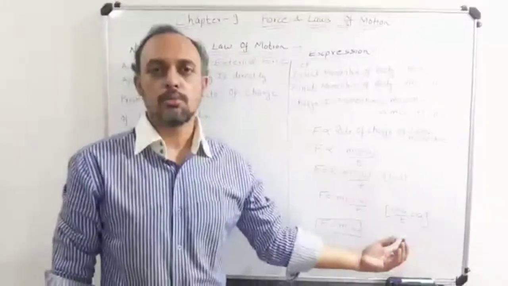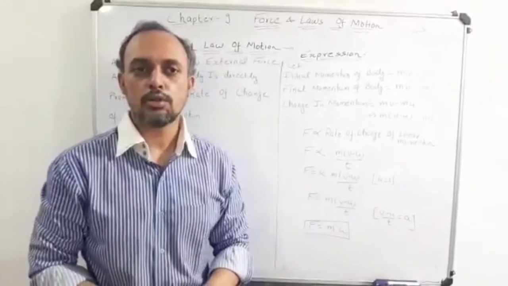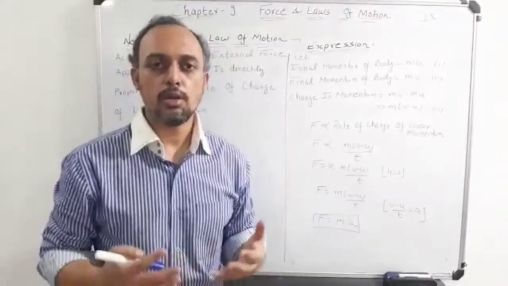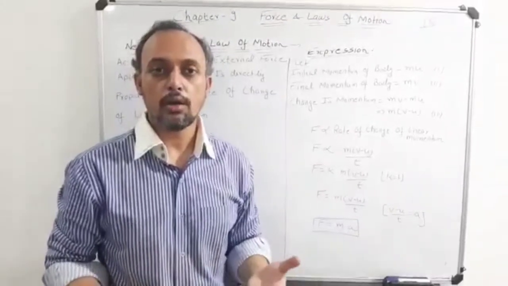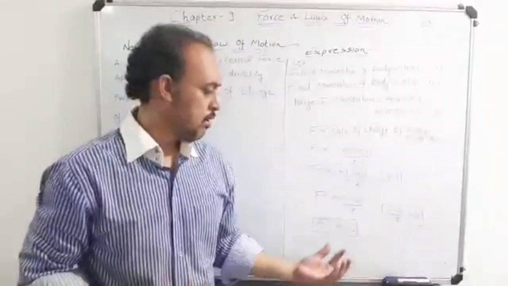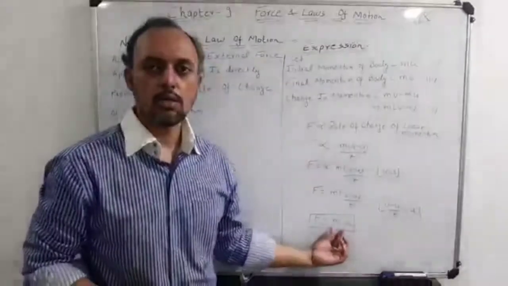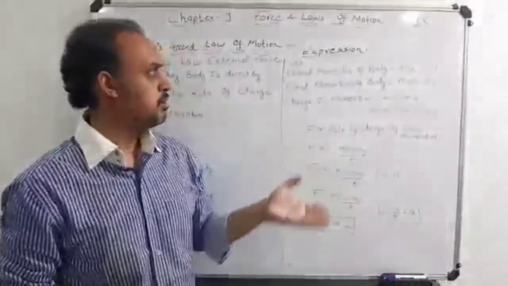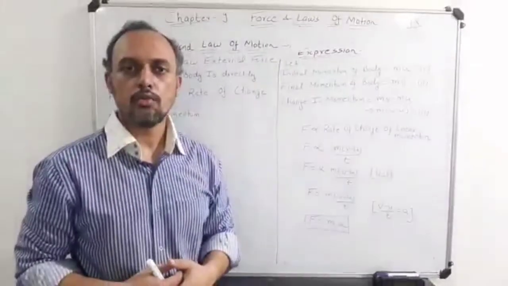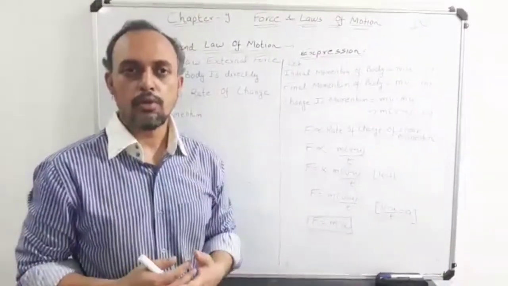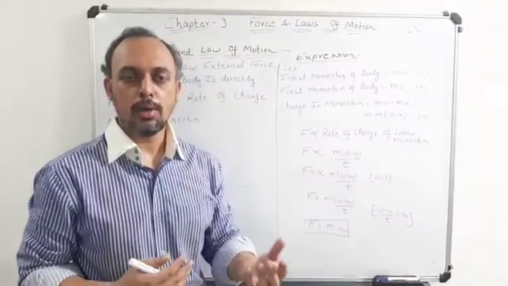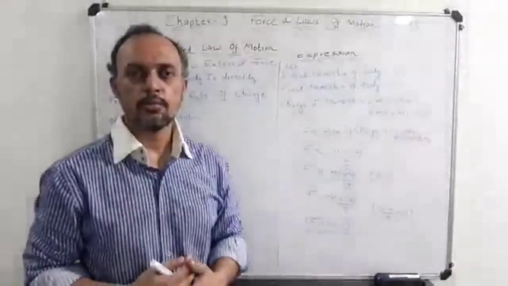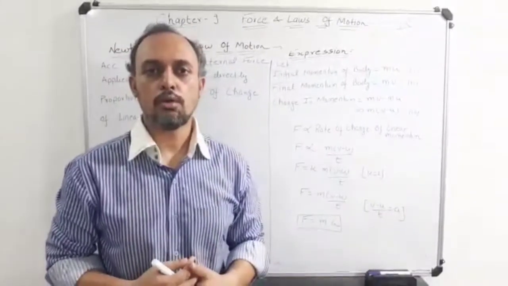So the basic concept of this second law of motion is that with the help of Newton's second law of motion, we can simply calculate the magnitude of applied force. How? As a product of mass and acceleration. So this was the expression of Newton's second law of motion, by the help of which we have calculated the magnitude of force, that is the product of mass and acceleration. I hope you have understood this topic well.